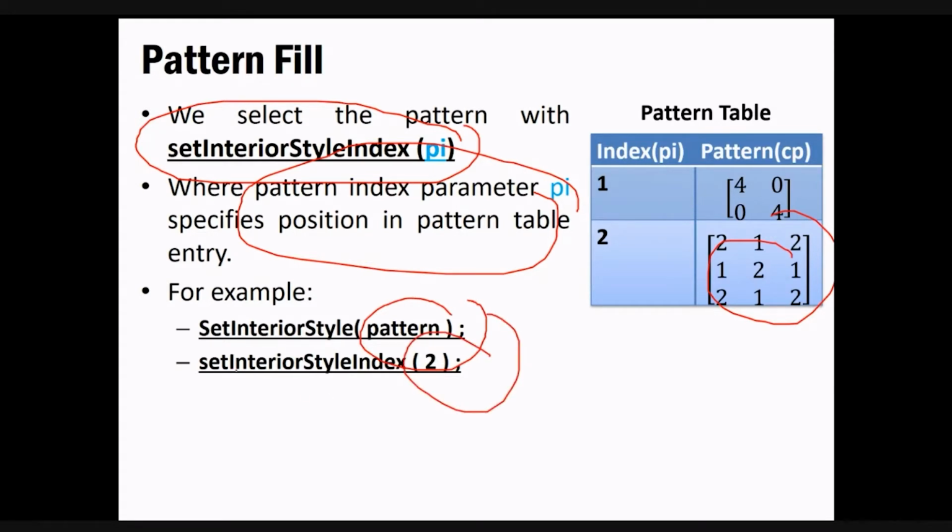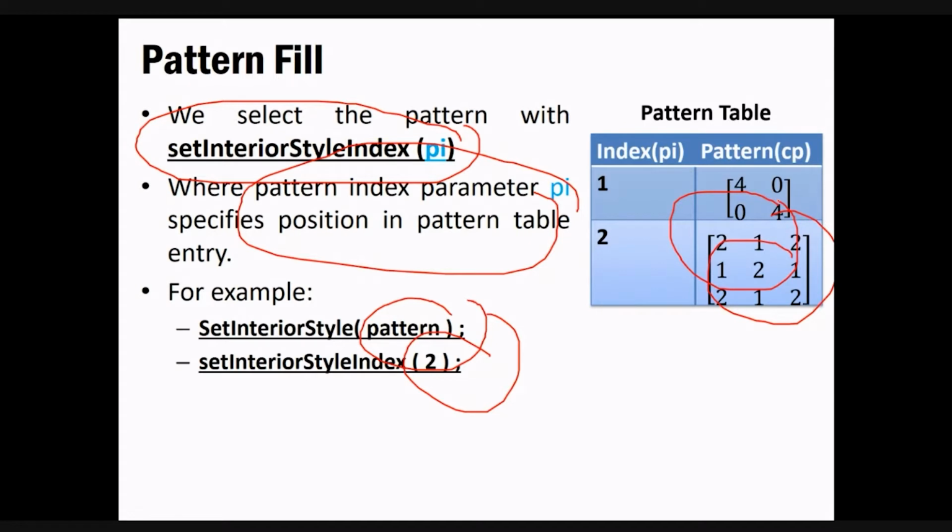For that purpose we have one more thing, that is set interior style index. In that you can give your value. What it says is you'd be having some values in the matrix that are illuminating. If I want something in that particular pixel, your original pixel is getting subdivided into multiple pixels, and based on this value the sub pixels are illuminated with that intensity. So the basic thing is you are giving this value, and it is setting some intensity to display some pattern. So you have to deal with it.